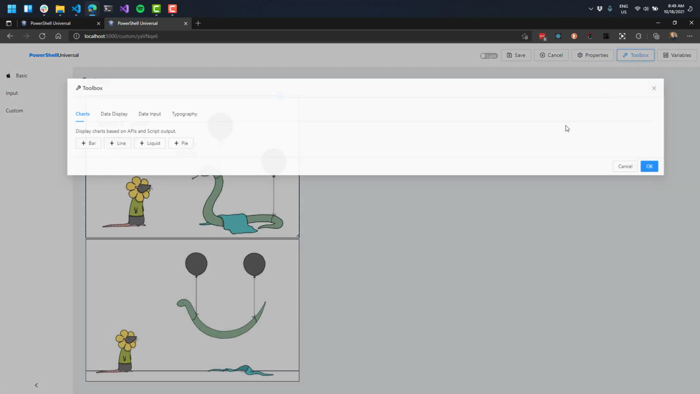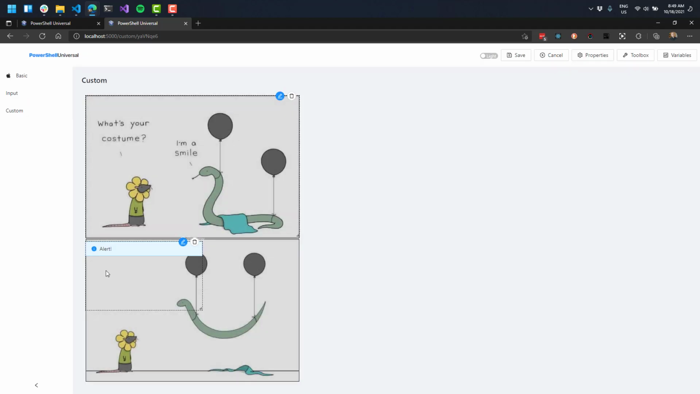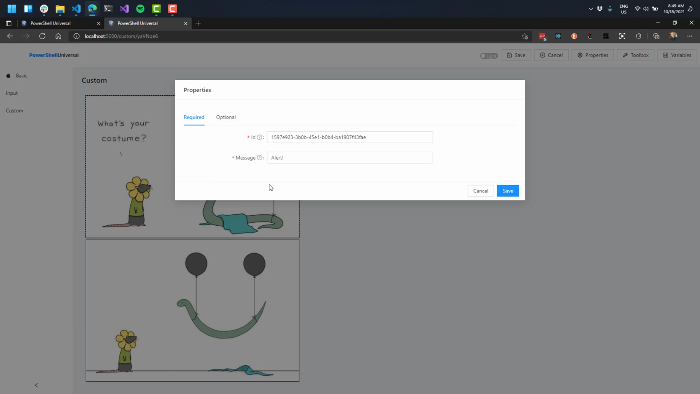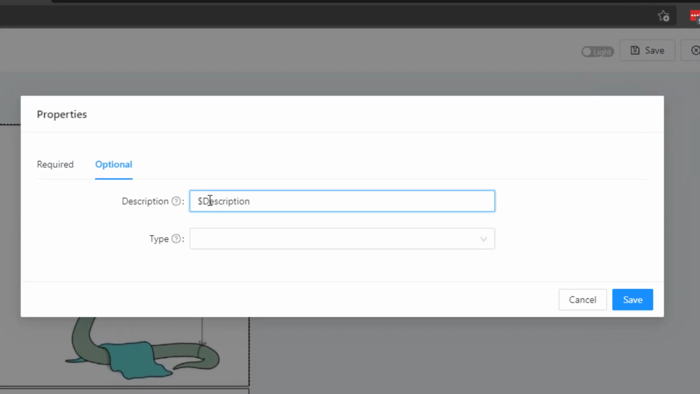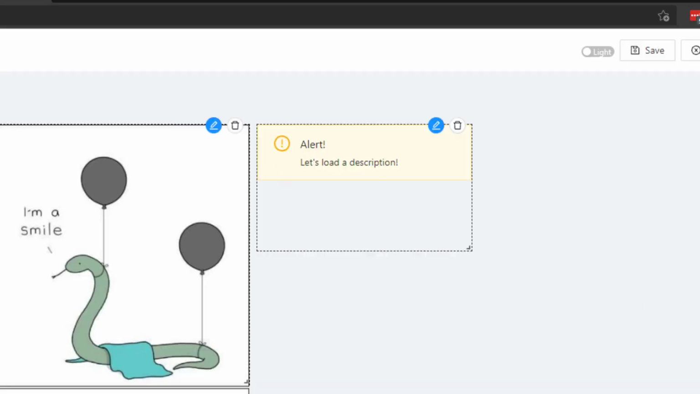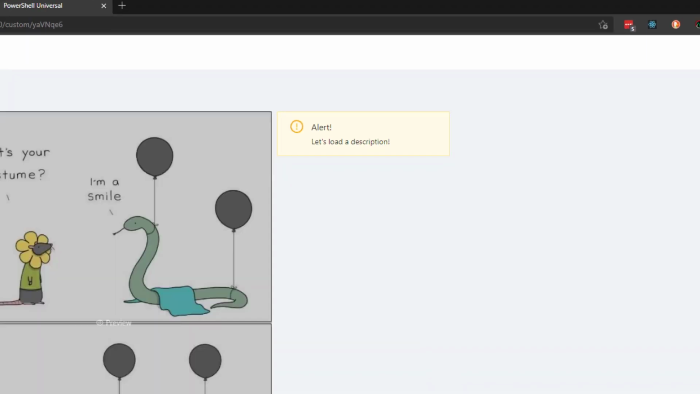So I'm actually going to select toolbox. We're going to do data display alert. So we're going to move this alert over here. And since this has some text boxes, what we can actually do is use this inside here. So let's load a description is going to be replaced inside this description. We can set things like a warning. And now you can see let's load a description was actually placed in there instead of $description because that's a variable inside this page. So if we save that, you can see let's load a description is shown, and we have our